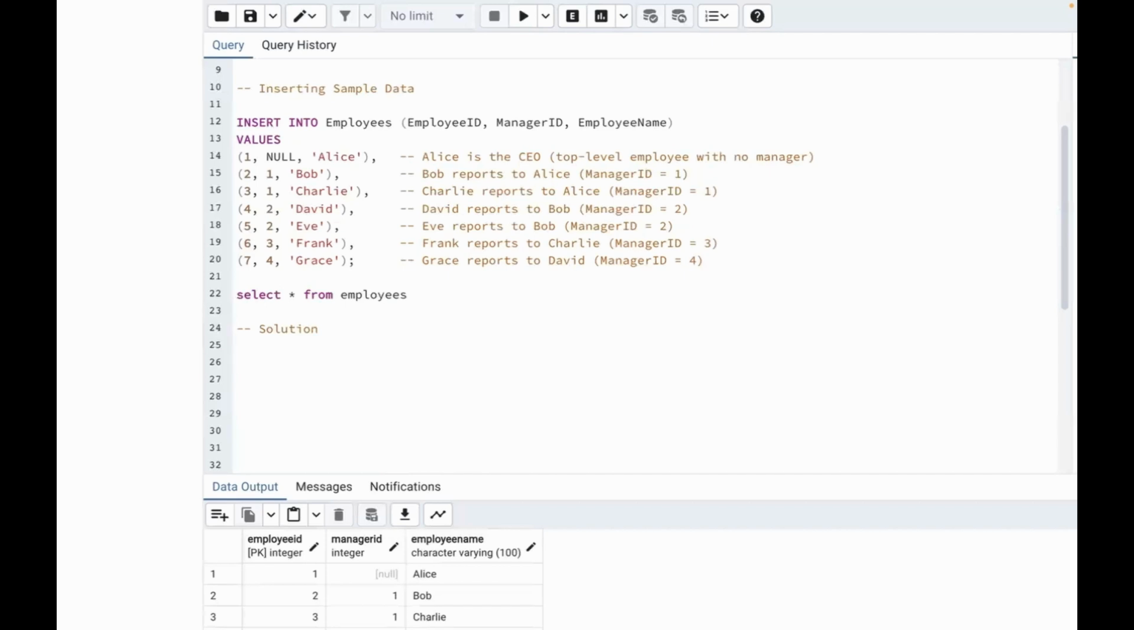First we are going to find the employees who have null manager IDs, in order to find the top level employees. For that, we'll write select. We want employee ID, manager ID, and employee name, so let's copy this and paste it here. Then, comma, 1 as level, because the employees who have null manager IDs will have the highest level. We want to select from the employees table